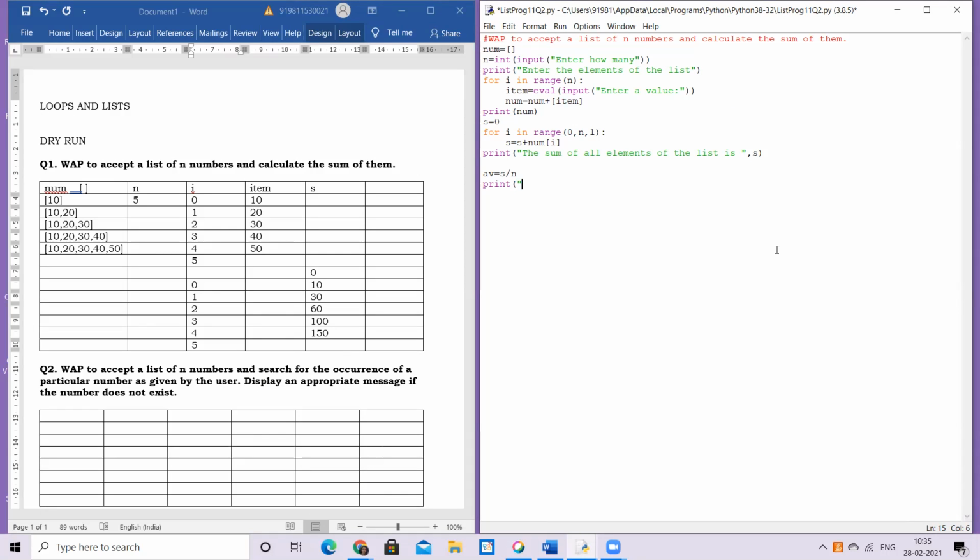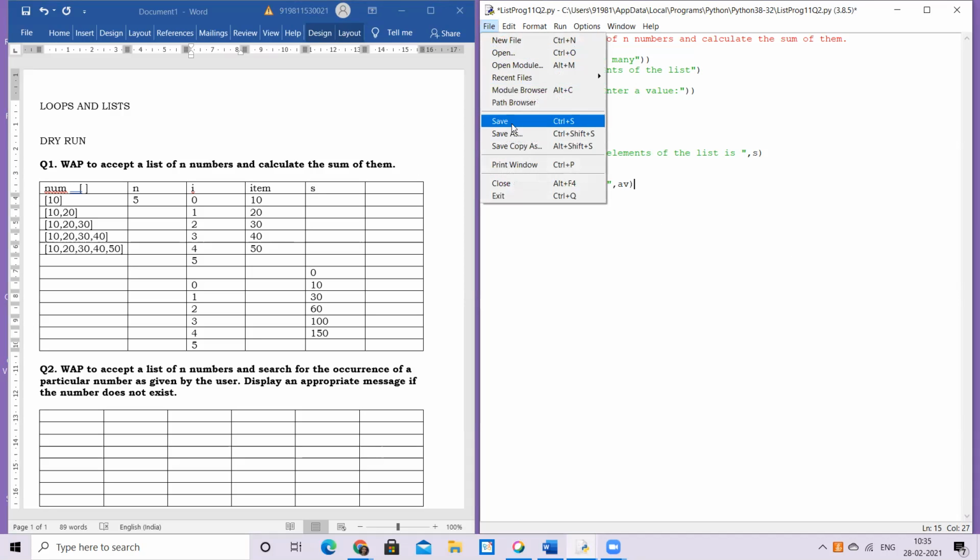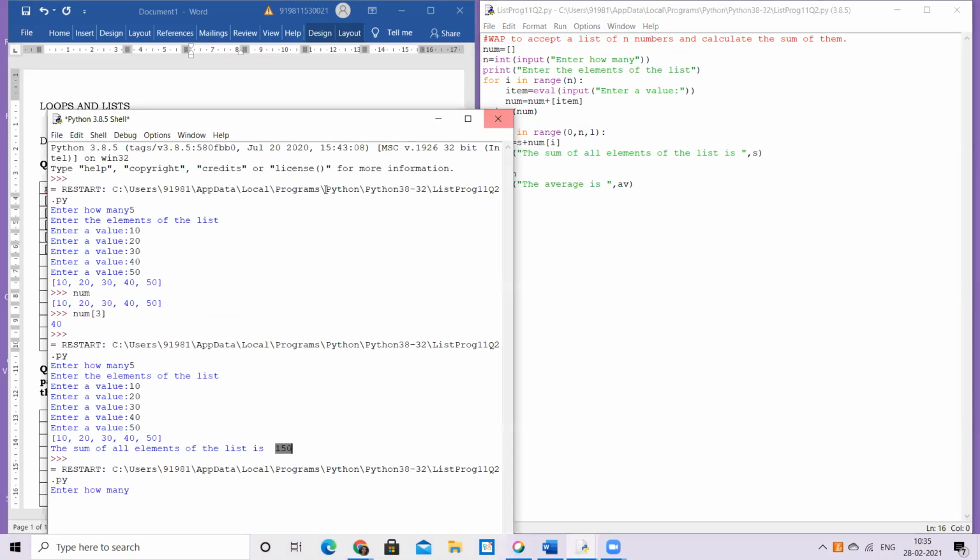Okay. So here I add the code by saying the average value is, so whatever, comma, AV. AV is just a variable. You can take anything. Don't take AVG because I think it's a keyword, so it will not work. Okay. So that's how it is. And I save and I quickly run it again to show you the thing.